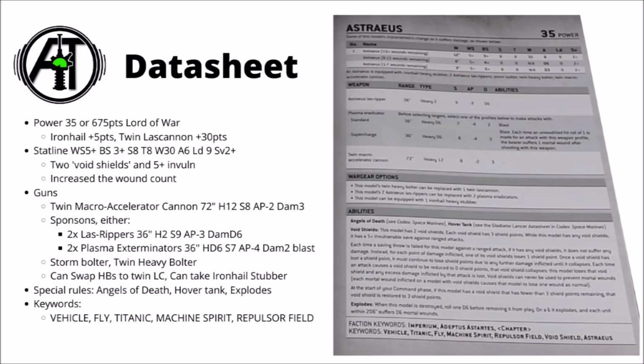A good generalist profile there, that's going to do damage against pretty much anything you point it at, and it will be particularly decent at chewing through things like toughness 7 vehicles or models with 3 wounds such as Gravis armour. In terms of sponsons, it can either take a set of 2 Las Rippers or 2 Plasma Exterminators. The Las Rippers are 36-inch range, heavy 2, strength 9, AP -3 and d6 damage, so they're each essentially short-range